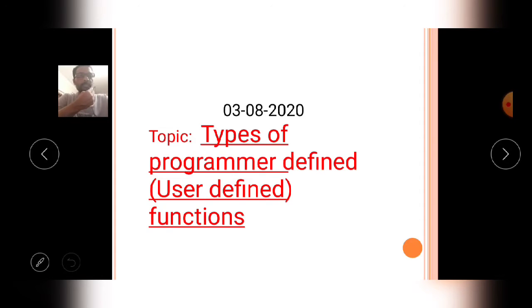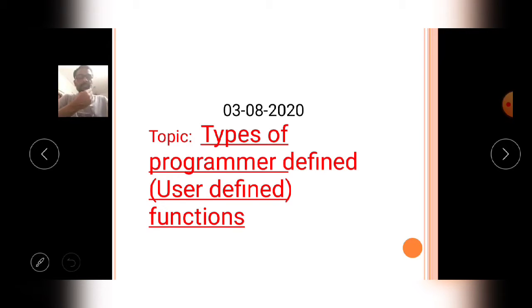Today's topic is types of programmer defined functions. The types of programmer defined functions is also called types of user defined functions.